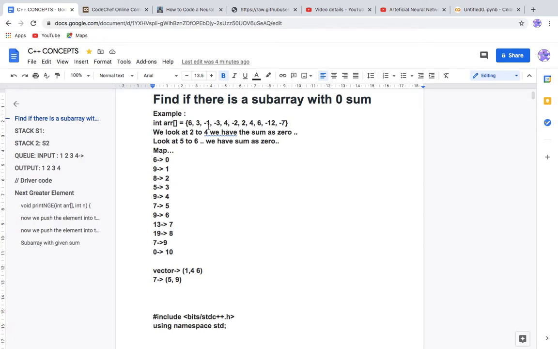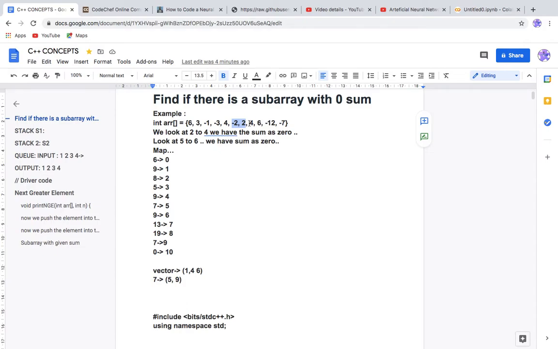Suppose you see here we have 7, right? 7 is the sum at index 5 also, and 7 is the sum at index 9 also. Can you see that? 0, 1, 2, 3, 4 and 5. So 7 is the sum here also. And 7 is the sum at index 5 also, right? So minus 2 and 2, it means what? Minus 2 and 2 is 0, because here also the sum is how much?